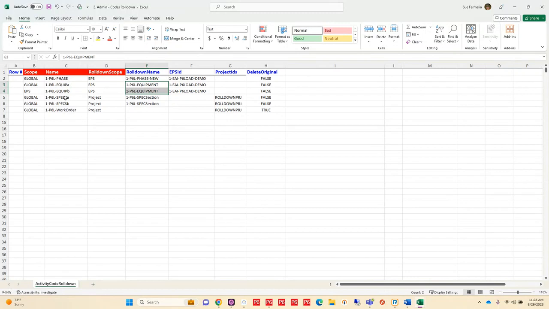In the way of specs, same thing. I've got my 2 that I want to combine. I'm going to put them at the project level, and I'm going to name them the same thing. Of course, because this is a project code, I'm going to need to define the project that I want it associated with. And with the P6L work order, I just want to roll this down to my project level,